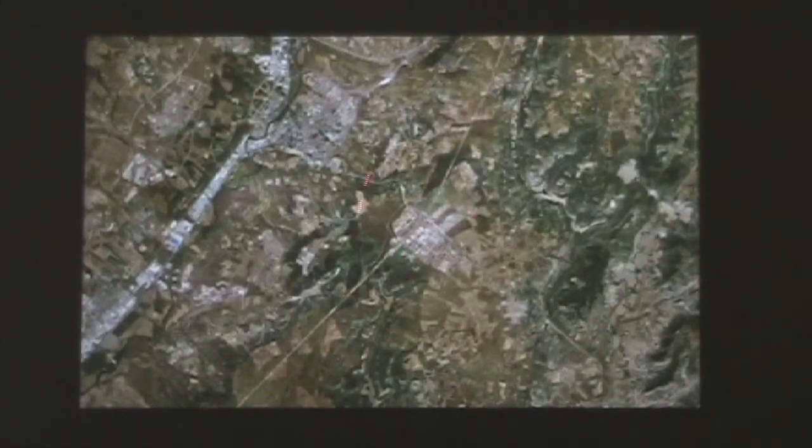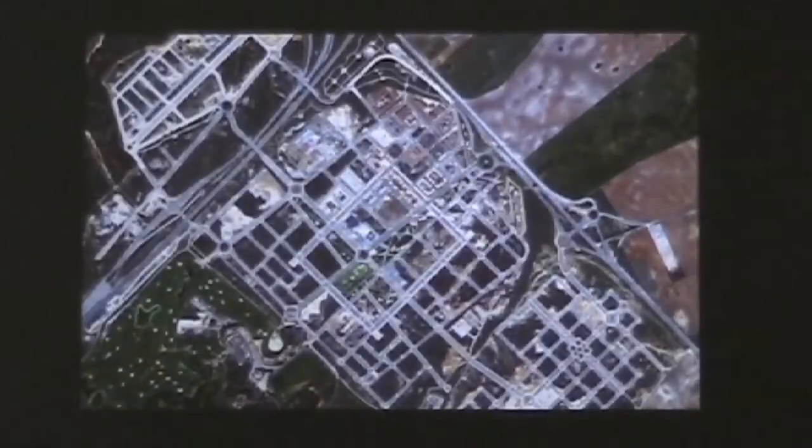So this is a kind of artificial city, a dormitory city that is growing due to a new stop for that train in the north of Madrid.